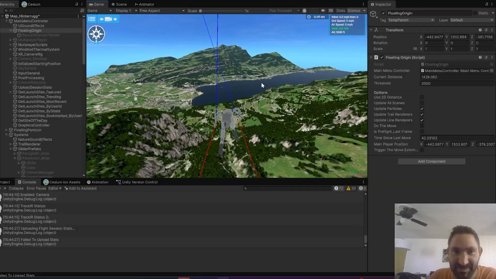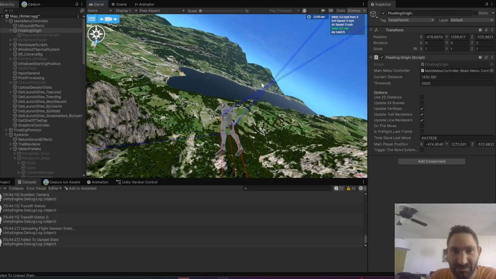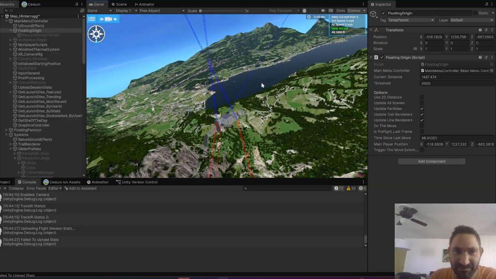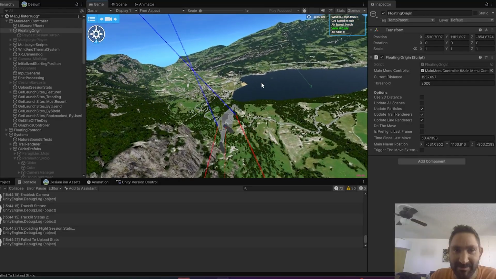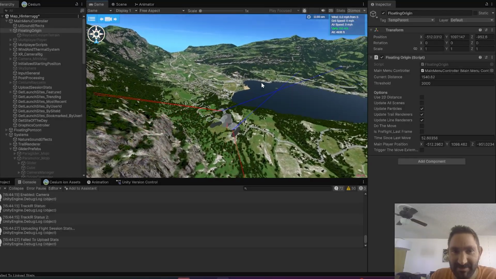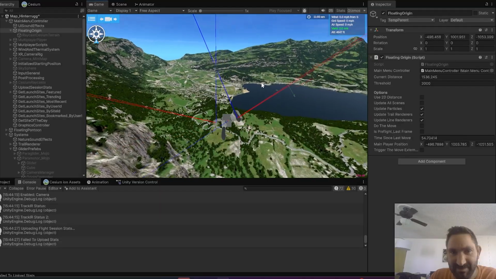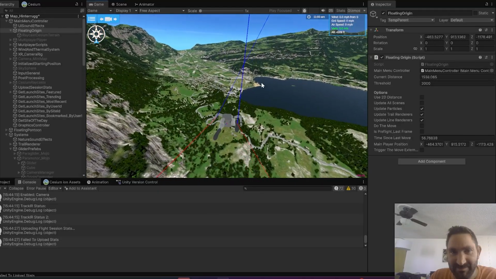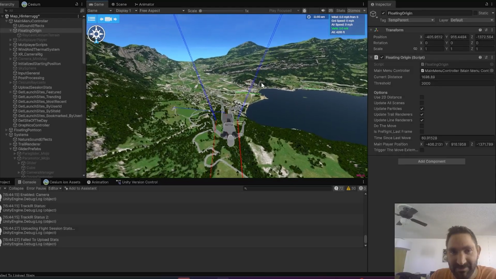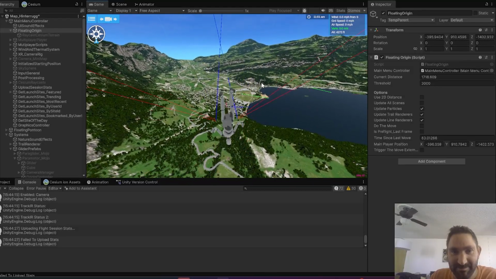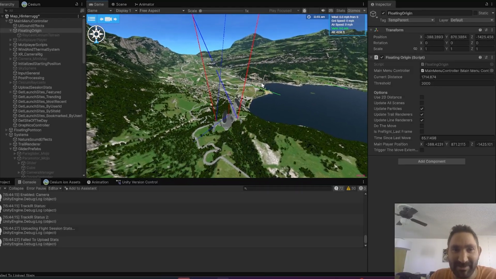Flying. Can even do a barrel roll. Woo! It's kind of hard to keep them stable, but it feels pretty awesome for the most part. You can even go up. You can even backflip, which I don't think is possible, but